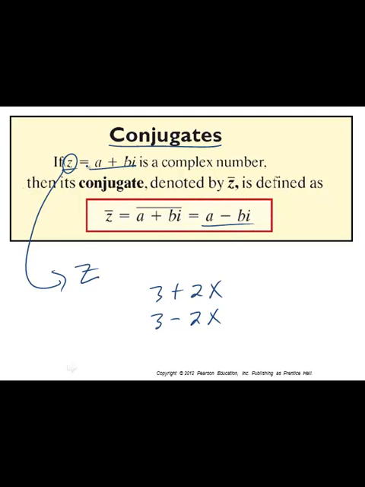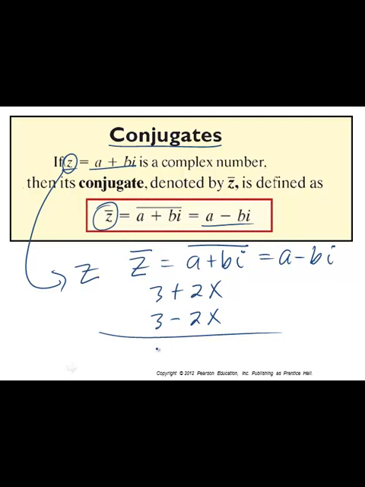So anyway, then here's the notation for the conjugate of complex number z. You just have z with the little bar over the top. And if you have a plus bi and you have the bar over the top, that means taking the conjugate of it. Okay? So if you have 2 minus 3i and you want to take the conjugate of that number, that's going to be 2 plus 3i. For example,